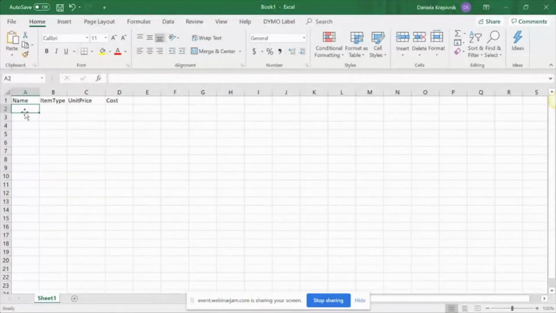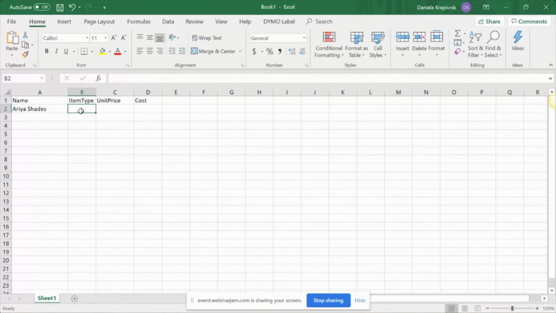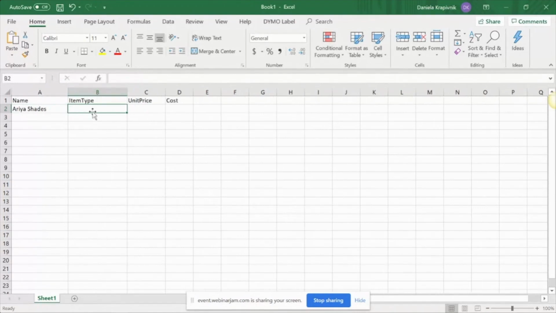I'll start putting in some example data. So let's say I've got some sunglasses that I'd like to sell or stock. So Aria Shades will do the item type. In this case, you have three options. So it's stockable,